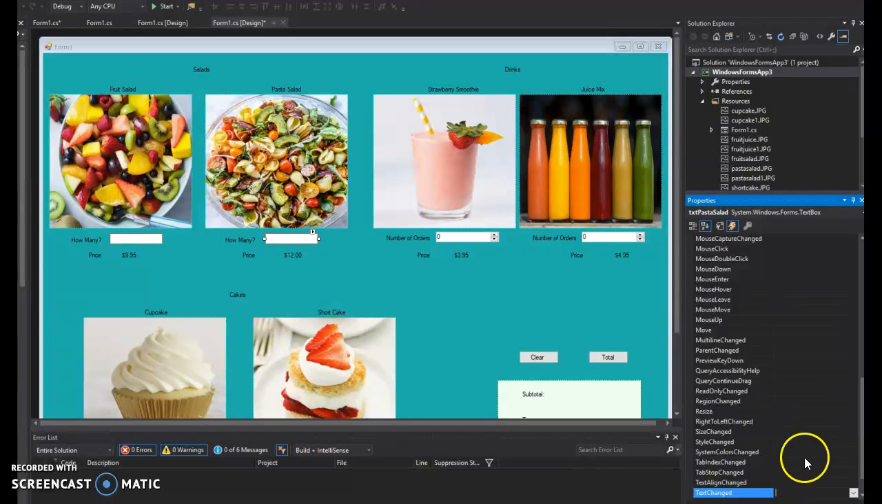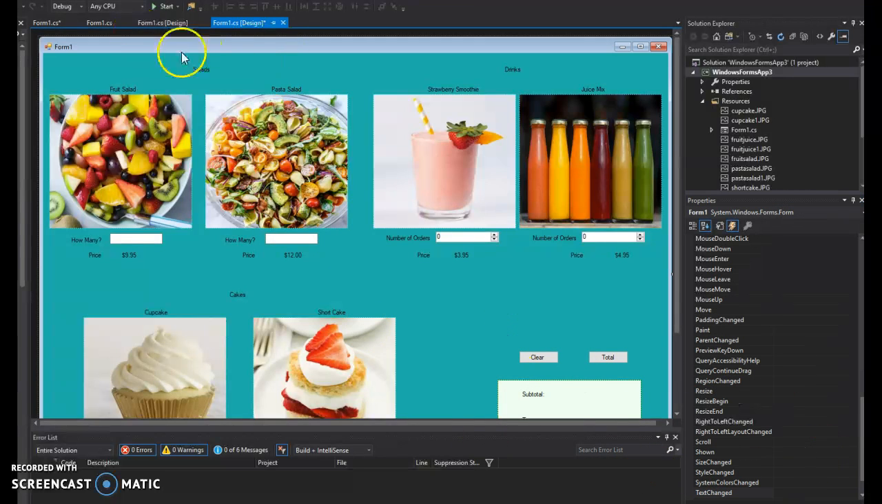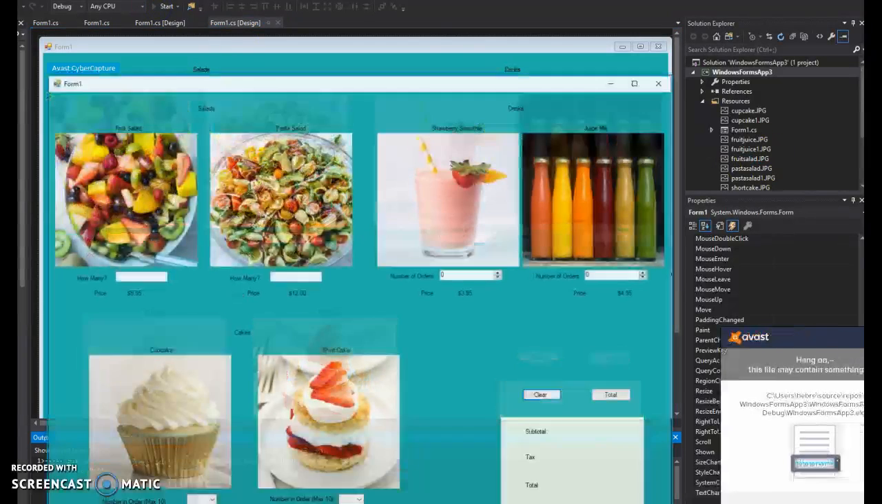you just erase the event from here, just backspace it, and now when you start,